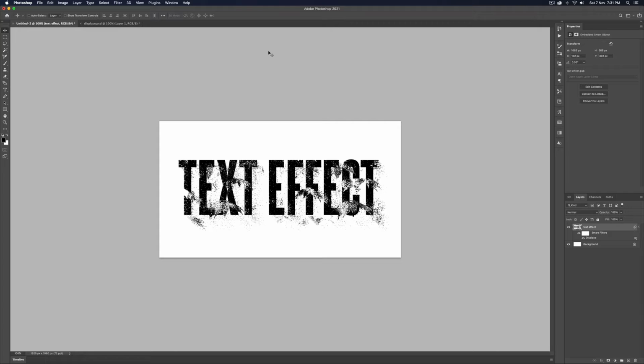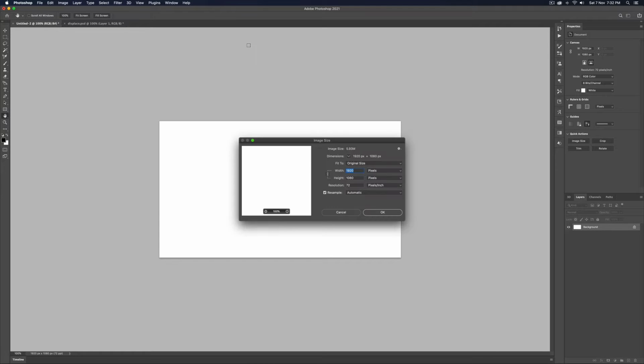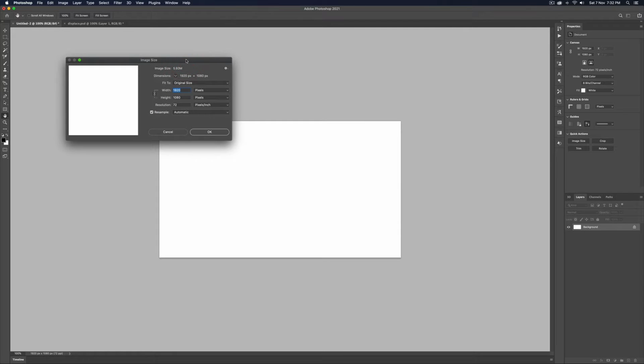Let's get started. So the first thing we need to do is, let me just delete this text layer that I have here. So we're starting from scratch. We want to create a document, and I've already done that. Let's go see our size. Now the size isn't important in the sense that you can use any size you want, any resolution you want, but all you have to do is make sure that the size of this document